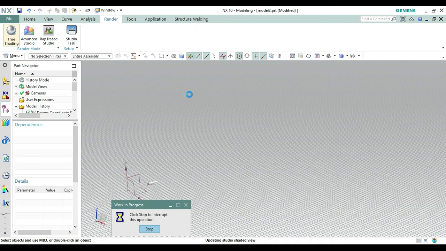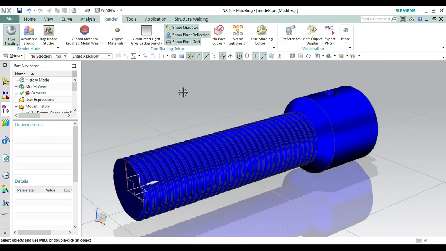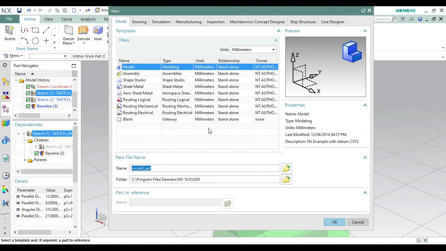Two parts are still remaining, then we will work with the assembly portion. Okay, so what we have to do is to save this part in the previous folder, like we have selected the previous one, and you have to save this part also, and then we will work with the next one. After creating the screw spindle, we have to create the screw, a small screw that will connect the cup. Okay, so again go to model and make it okay, select a new page.